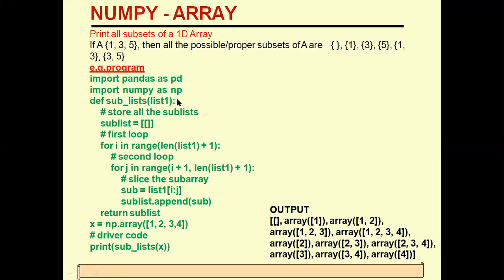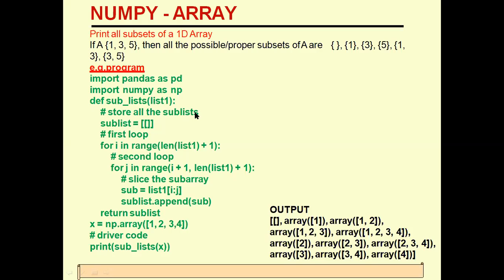See here, this is a user-defined function I am declaring. In a previous class we have already discussed the def function. So def is a keyword here. sub_list is the function name. And list1, what is list1? This is a variable, a parameter, an argument I am using here. So this is a remark line.